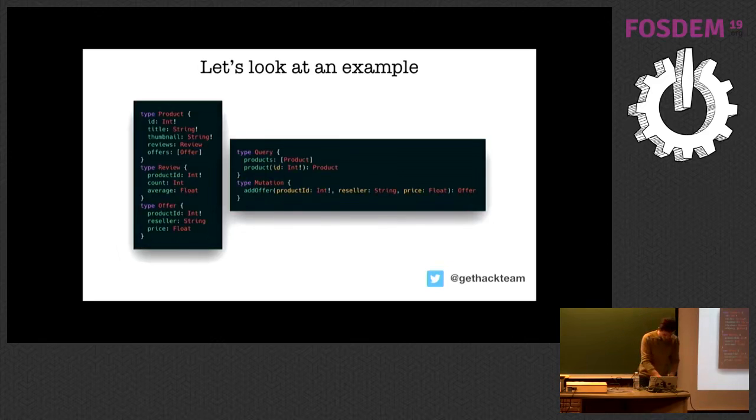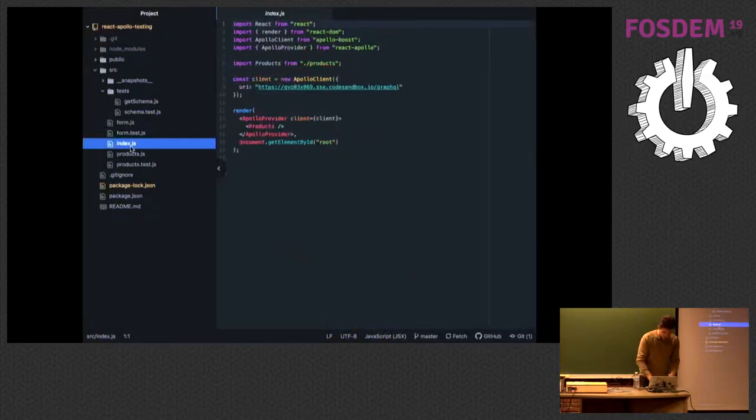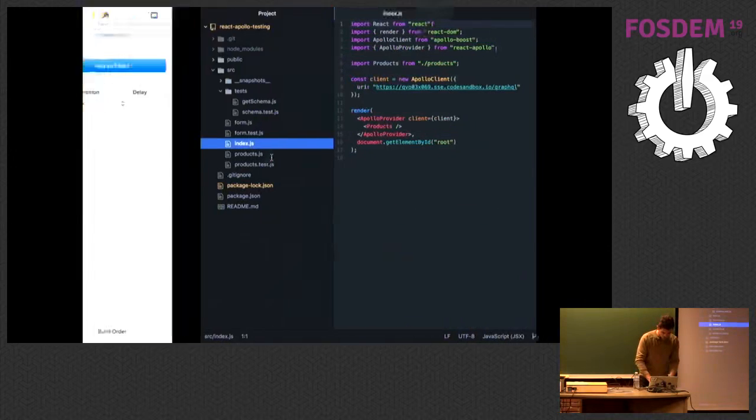So I'm going to see if I can switch tab. Yes, so here we will have the code for our project. And also